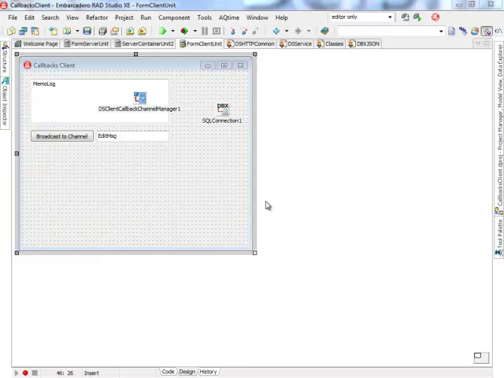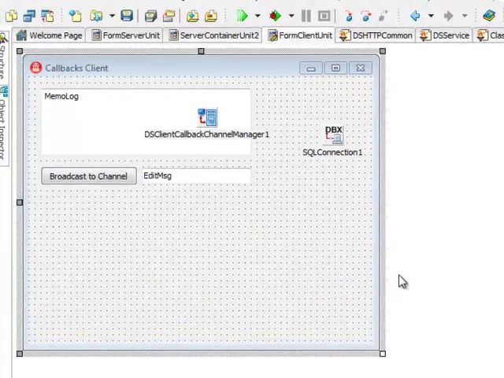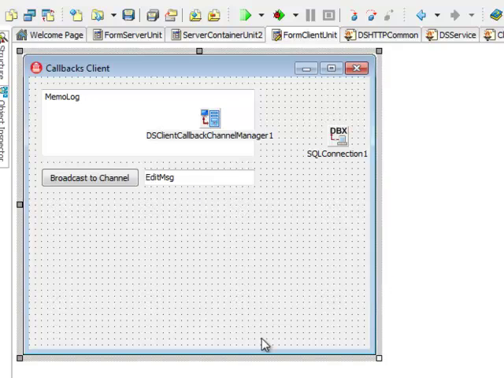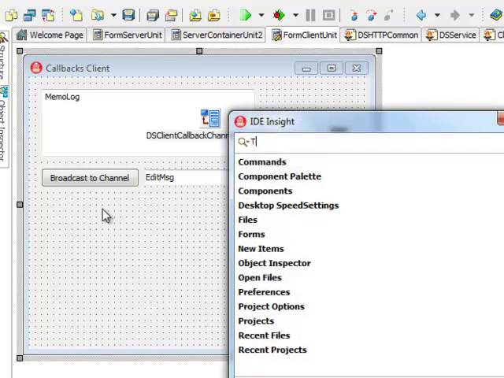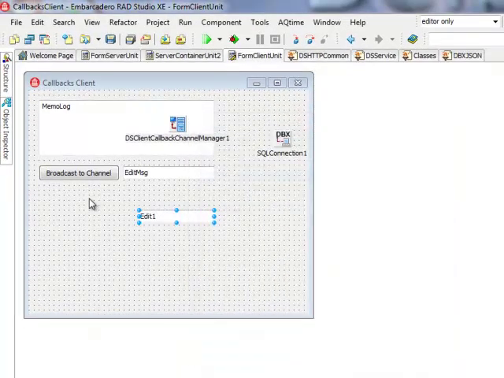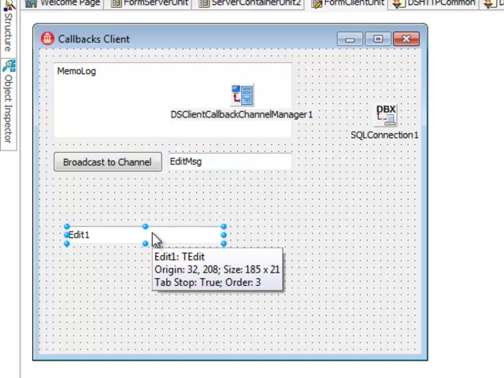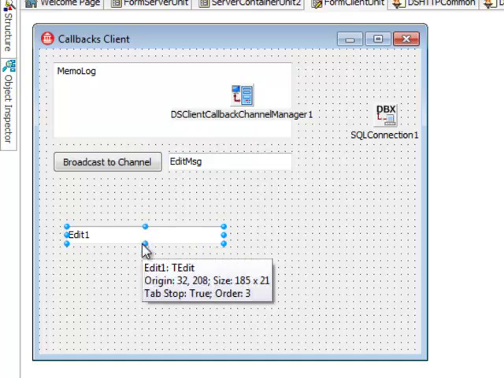So this callback is identified by the manager ID of a broadcast channel manager and the name of the callback. So for this to work, I'm going to extend my application a little bit. I need to actually have this information about the target callback handy. What I'm going to do is add a number of edits, in fact 4 edits, so I can see what is the ID of the callback that was generated on the onCreate event of this form, and also the ID of the channel manager,